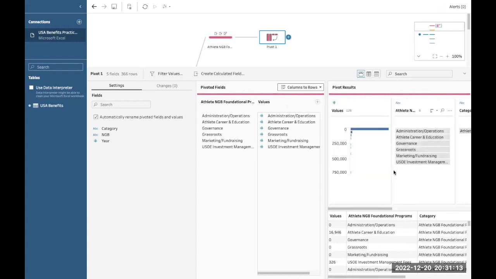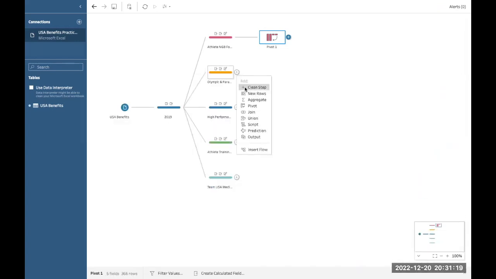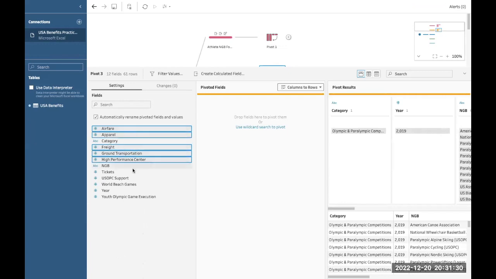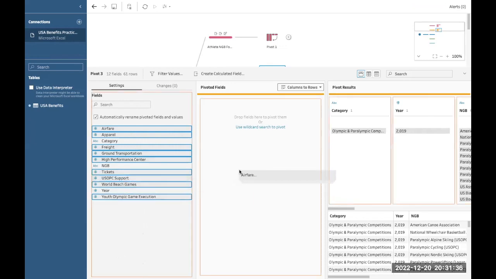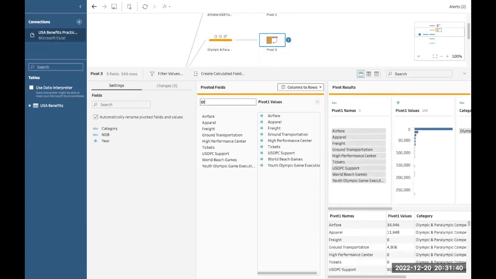So we will repeat this step for every other category that we have not done yet. So we'll move on to the next one, the Olympic and Paralympic competition. And here we'll do the same thing. We're going to select all the variables that are relevant to that category and drag them into the pivot fields. And as we do so, you can see in the top left, 12 fields went down to 5 fields